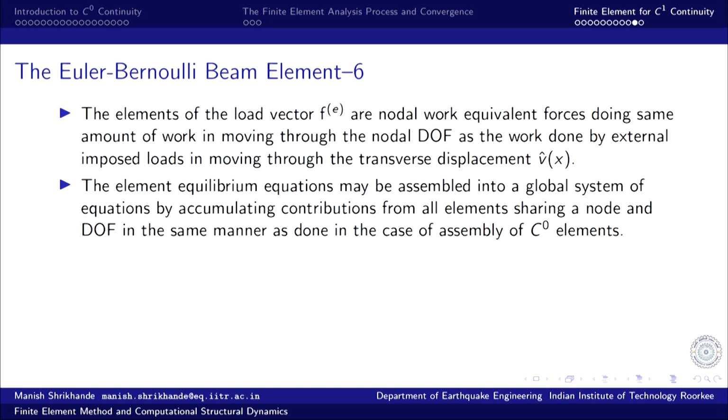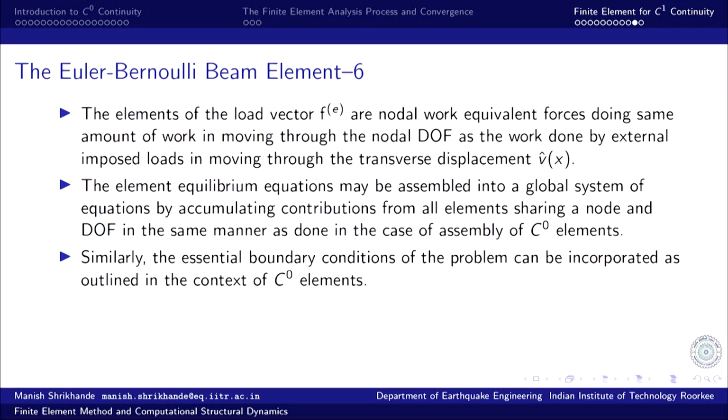So, the accumulation of contributions from all elements sharing a node and degrees of freedom happens in the same way as done in the case of assembly of C0 elements. We just have to be consistent with the common degrees of freedom and common nodes, and accumulate the respective contributions from different elements. And then the essential boundary conditions of the problem can be incorporated as outlined in the context of C0 elements, that is again the stiff spring approach or penalty approach, and any imposed loads, point loads etc., in the problem